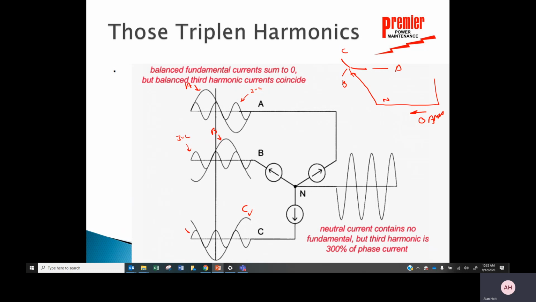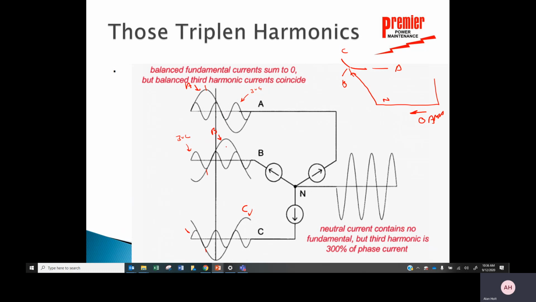And that's 0 in a balanced system. But look here, even though I've got a balanced system with this triplet harmonics, this third harmonics, look at the instantaneous values. Like you can see on A phase right here. If I add this with this part, with this part, C phase, all at the same time, if I add those all up,